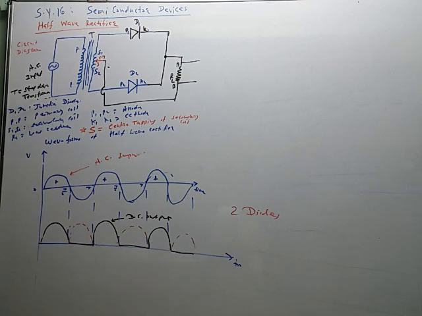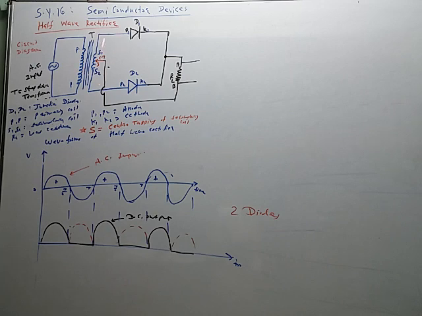So we will get the current in the same direction from A to B, but for both cycles, the positive half cycle as well as the negative half cycle, from 0 to T by 2 as well as from T by 2 to capital T. How? That we have to see. So again we will get the pulsating DC for full wave rectifier also, like this. In this case, this center tapping has the important role.